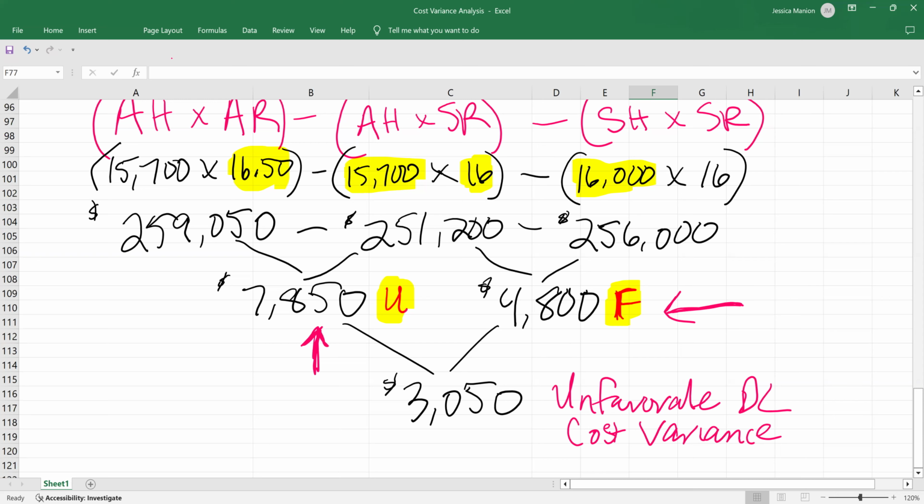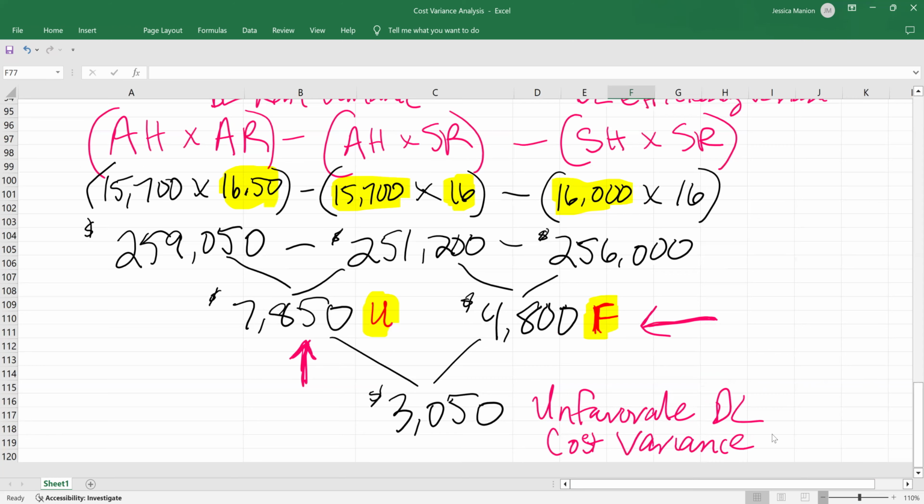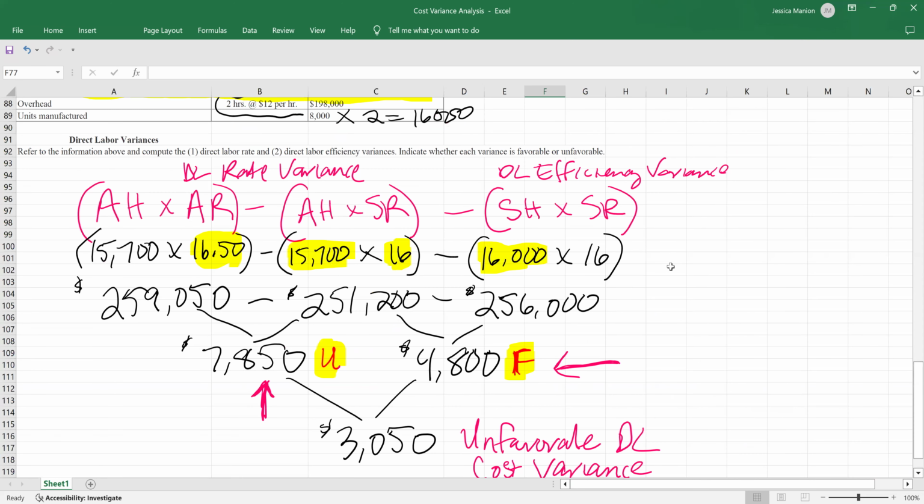All right, one more time, this journal entry, and let me zoom out of this a little bit so I can hopefully keep all the numbers pulled up. So remember that we're going to debit work in process for the standard amount, standard being 256,000, right? If it is an unfavorable variance, then we're debiting. If it's a favorable variance, we're crediting. So we're going to debit direct labor rate variance,